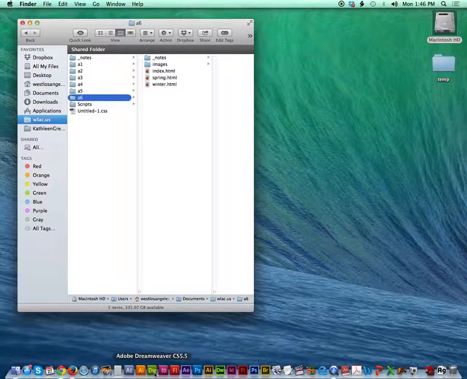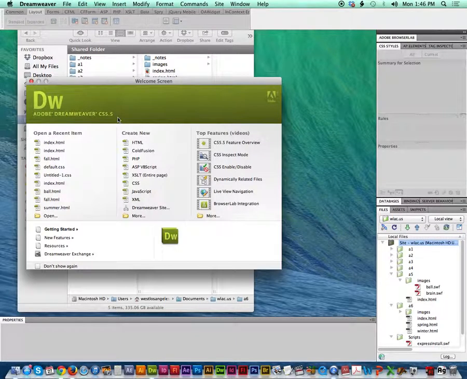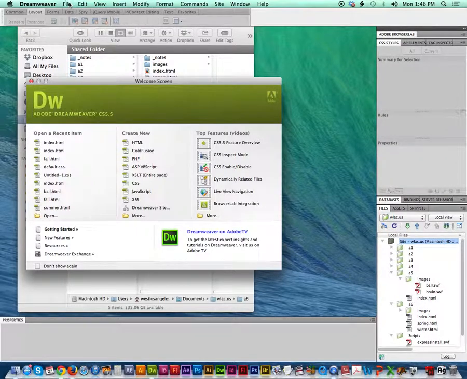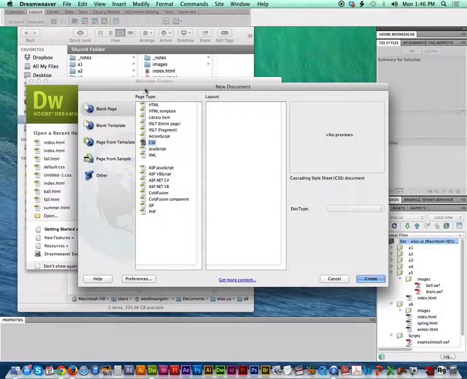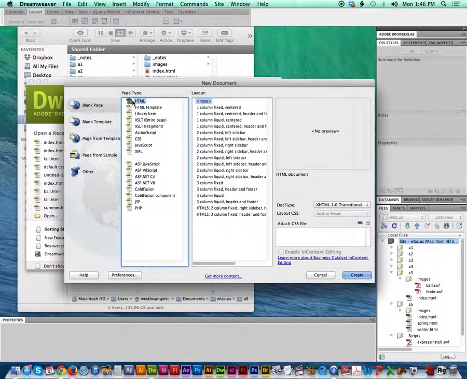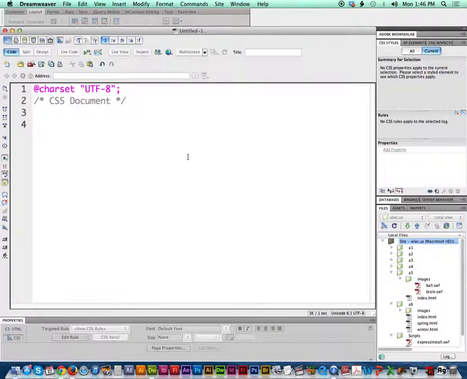The next thing I'll do is open up our Dreamweaver application. And I'm going to create a new style sheet. So I'll go to File, New. This time you may have the HTML selected. We're going to make sure we select CSS and we'll hit Create. We'll see now we don't have any of the HTML formatting. We'll just have pretty much a blank page, and I'll save this